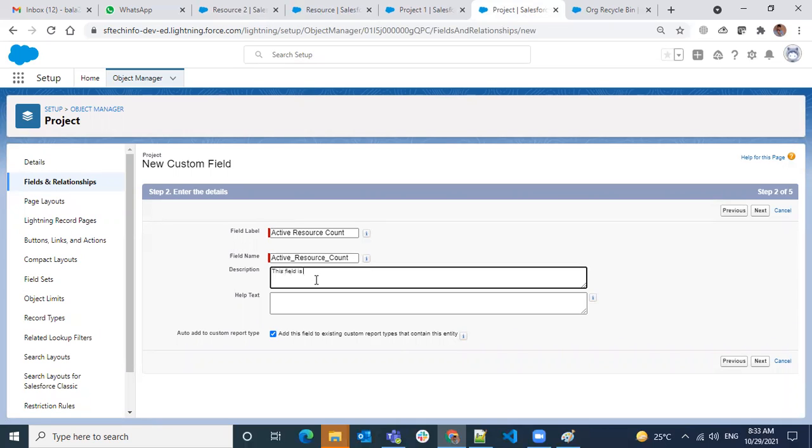This field is used to calculate the active resources in the project.